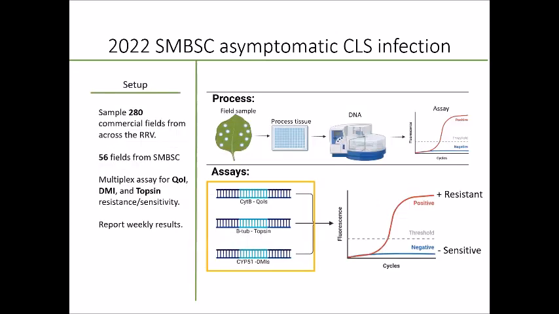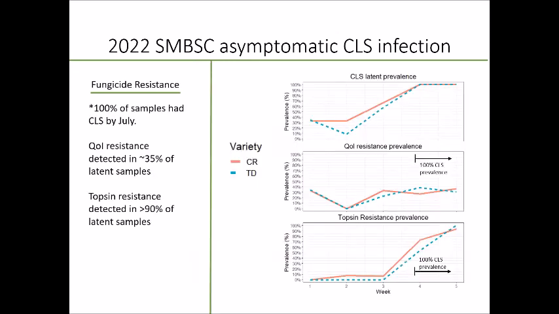Now, as I mentioned before, we have molecular assays for all 3 of these fungicides, and so we were really interested in seeing how that fungicide resistance developed at the beginning of the year. So we ran all 3 of those markers on all of those samples. What I'm going to show you right now is QOI resistance prevalence and toxin resistance prevalence as we get into the actual infection stage of the season. The important part on all of these charts to focus on is really this